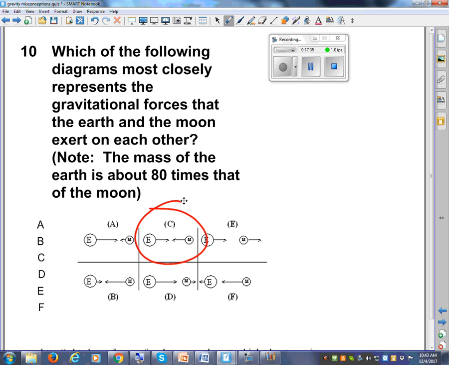So here's the Earth. Here's the Moon. We can say there's about 80 of these in here. Maybe it needs to be a bit bigger, right? Regardless, why is it C? Who got it right? Tia? Because you have to have the same force. Newton's third law says what? Equal and opposite. You guys do know what equal means, right? The same. And so the gravitational force on the Moon is the same as